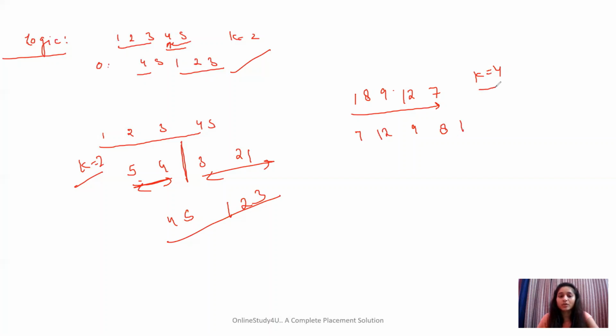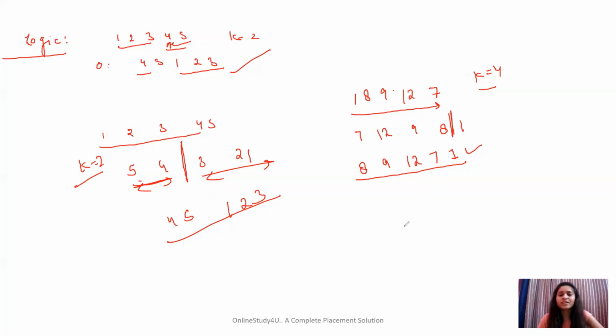Now k equals 4. So from 4 till, if I reverse this much, what will become? 8, 9, 12, 7, and here I'm just having one value, so it won't get reversed. If I would be having something, then I would have reversed everything. So here the answer will be this, and this was the desired result, I guess, and this was something which we wanted to have. So this is our output. I hope you got both the things.